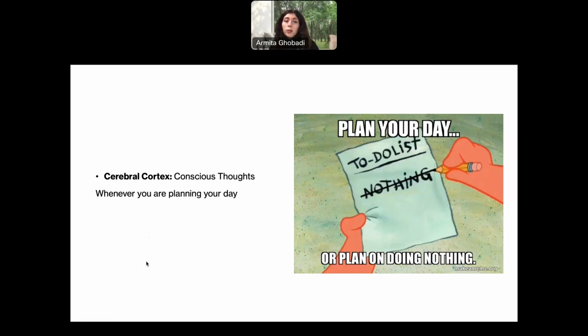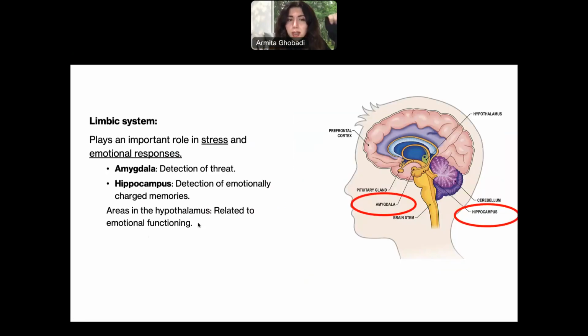Then comes the cerebral cortex, which is going to be conscious thought. So whenever you're planning your day, it's going to be your cerebral cortex. Keep that in your mind. If you don't have any plan, probably your cerebral cortex is not performing well. Joking, but